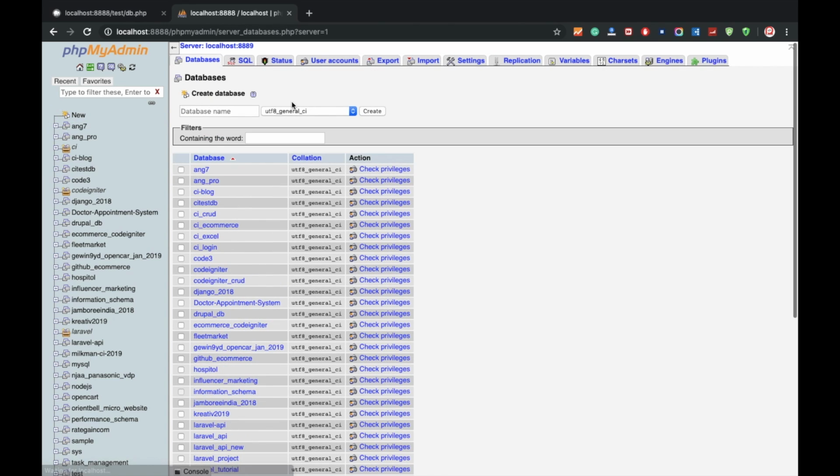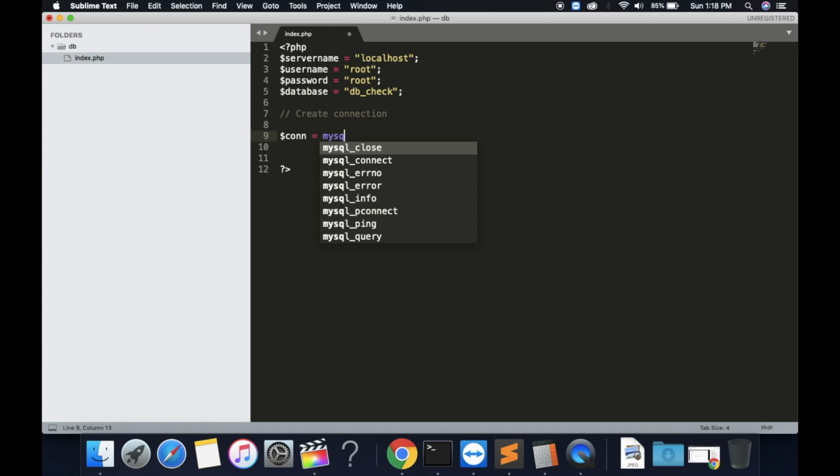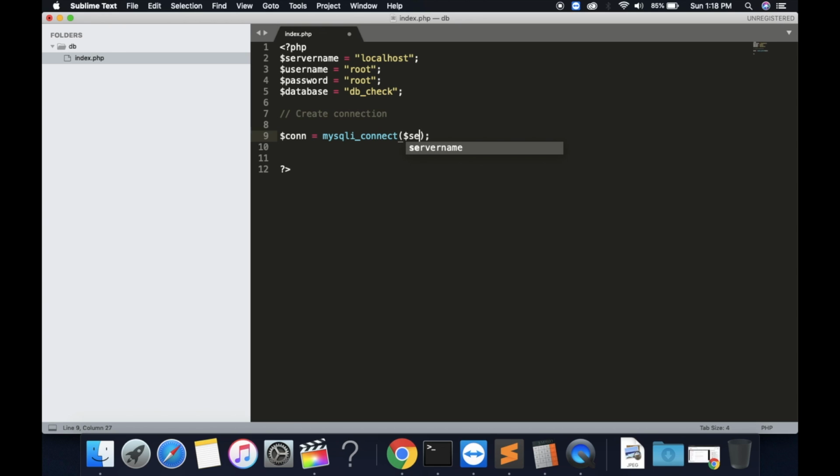Click on New and just type the database name. I have written the database name here. Now I need to go here again. We need to create a connection variable, equal to mysql underscore connect. Now here we need to write everything like server name,